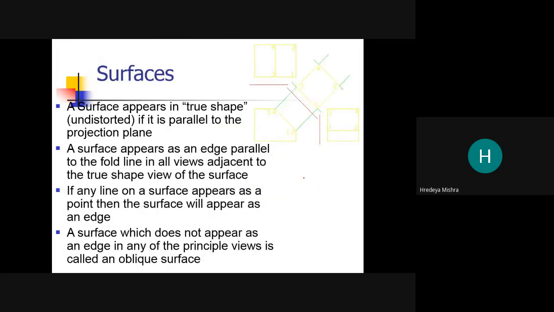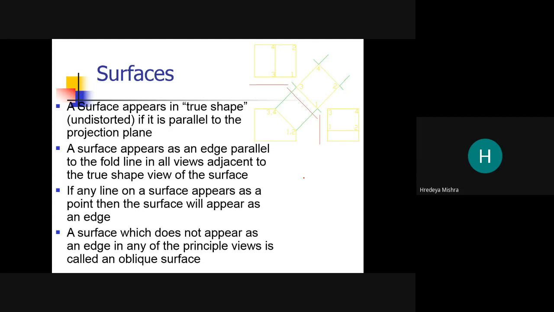Now we discuss the surfaces, oblique surfaces. Till now we discussed about the lines.